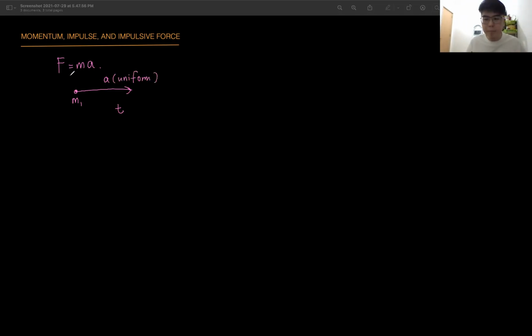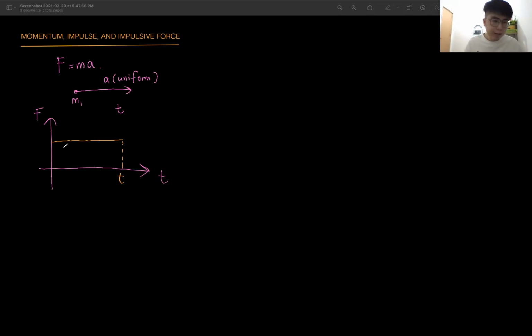Because F equals ma, the F is a uniform net force, and the a is also a constant acceleration. So if I apply a constant force, then it will accelerate for t duration of time. That is this formula here. So if we sketch the graph, F against t, how does it look? You should get a horizontal line because the force is constant. And the time period, this is t, same as this t here.